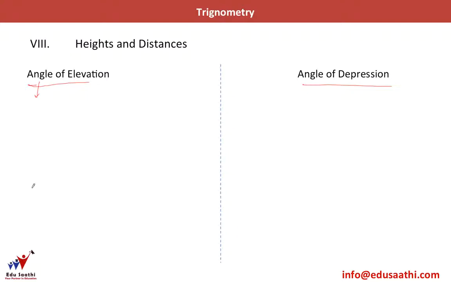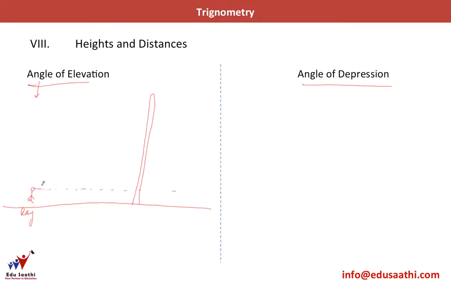For example, there is a boy Raj. So, Raj is standing here on this street, and there is a very tall building right in front of Raj. So, this is the tall building. Now this is Raj's eye level. So Raj's eyes are somewhere here. So this is his eye level.